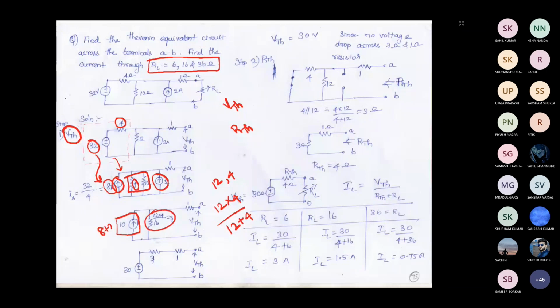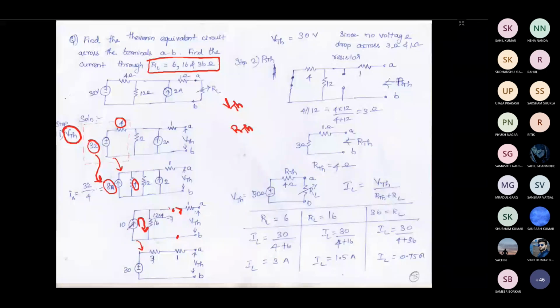Now you can directly find the voltage across these terminals. I have converted this to this again, but you can directly find the voltage across this terminal, because this is an open circuit, since the current will not flow through this path. So now whatever the current is there should pass through this.